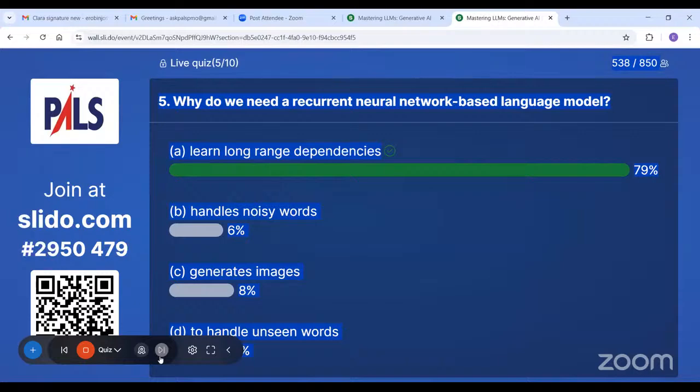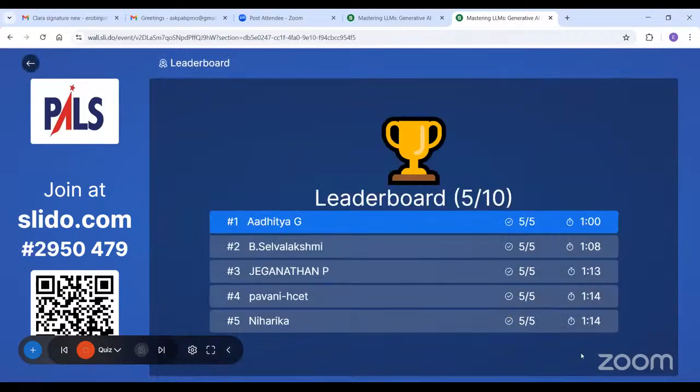Let's see the leaderboard. Aditya G, Selva Lakshmi, Jagannathan P, and Pavani, that is good. You have to give your name, hyphen, your short college name, so it will be easy for identification. And fifth is Niharika. Congratulations. We'll move to the sixth question.